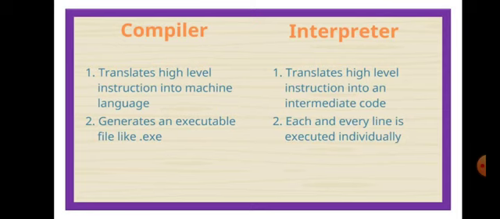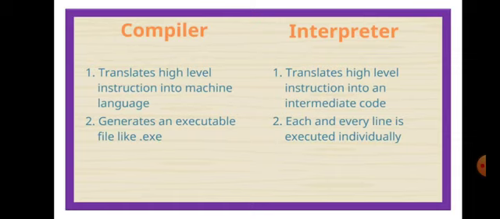Okay. Number 2, interpreter. What is an interpreter? The interpreter translates high level language into an intermediate code. High level language, you already know, is in the form of English. It is translated into an intermediate code, not as machine language. Number 2, each and every line is executed individually.